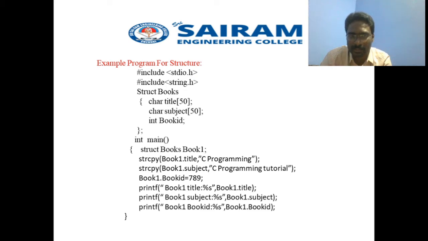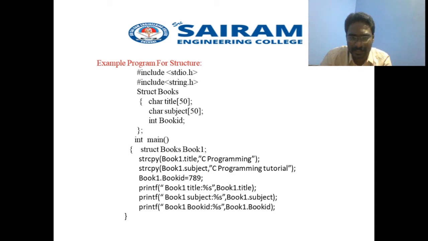What you should do is start with the keyword struct and then the structure name, followed by the object we need to create. Here my object is book1. With that object of book1, you need to access all the structure variables present inside my structure, for example book1.title, book1.subject, book1.book_ID. This is the way to access the structure members with the help of the object you have created inside the main function.